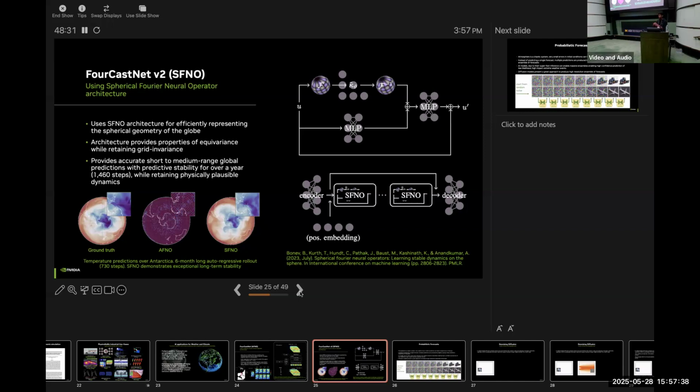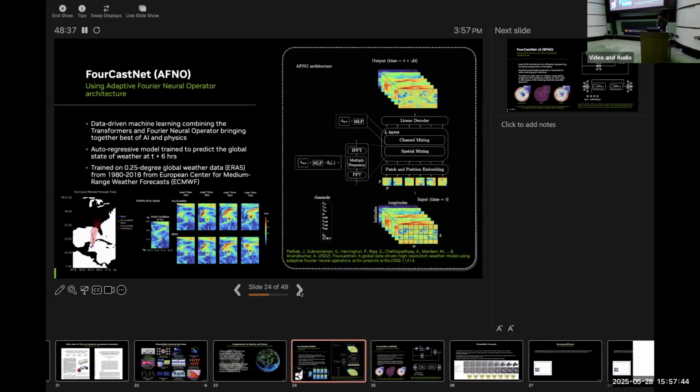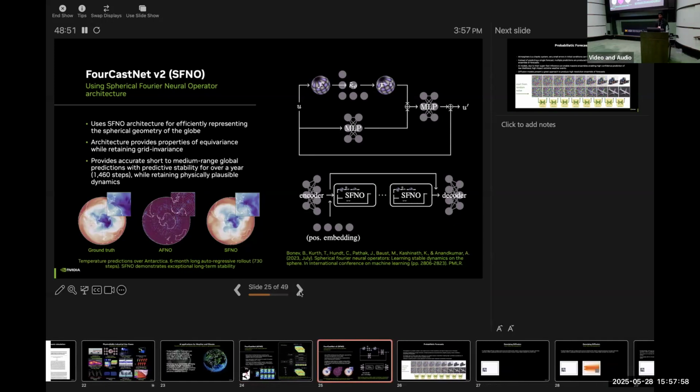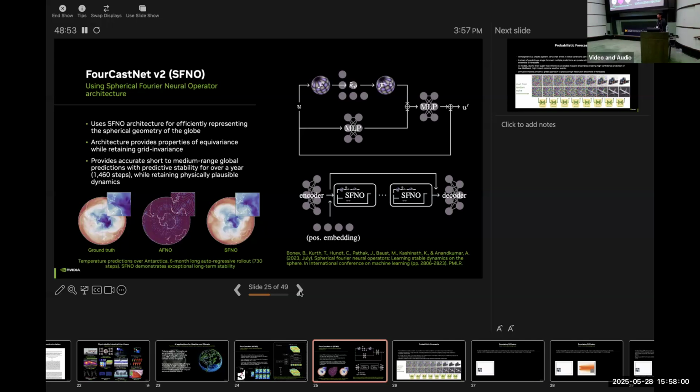We know that our globe is spherical, and the previous model treated the globe as a 2D representation, and what that led to is that at the poles you're getting this stretching. You're trying to avoid that through spherical Fourier operators, designed for operating on spheres.